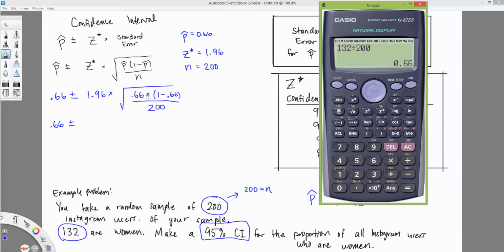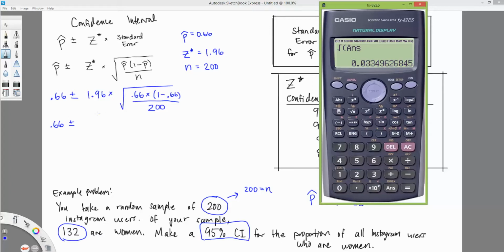Okay, so I'm going to figure out this standard error here. Okay, 0.66 times 1 minus 0.66. So I'm going to do 0.66 times parentheses 1 minus 0.66 divided by 200. Okay, can everyone see that that's what I'm entering there? Okay, so this is what I have on the inside of the square root. But I want to take the square root of that, so I'm going to hit square root answer. Okay, and so now I get